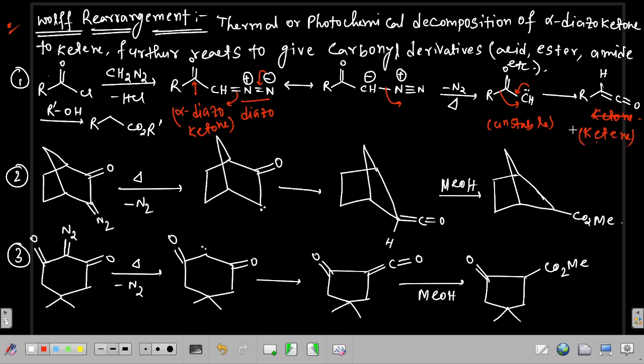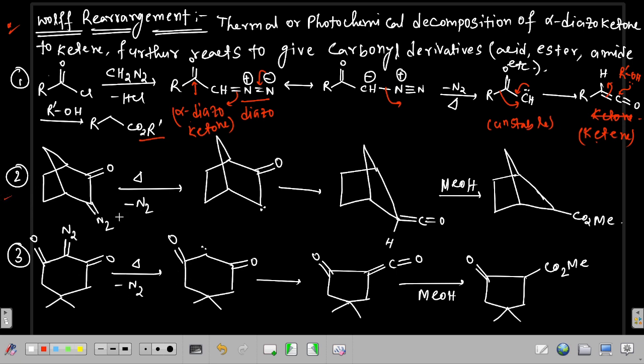Now in presence of any nucleophile, like here we are using alcohol, the alcohol lone pair will react on the carbonyl carbon of the ketene, and this bond will break, and it leads to the formation of this ester. Now next example